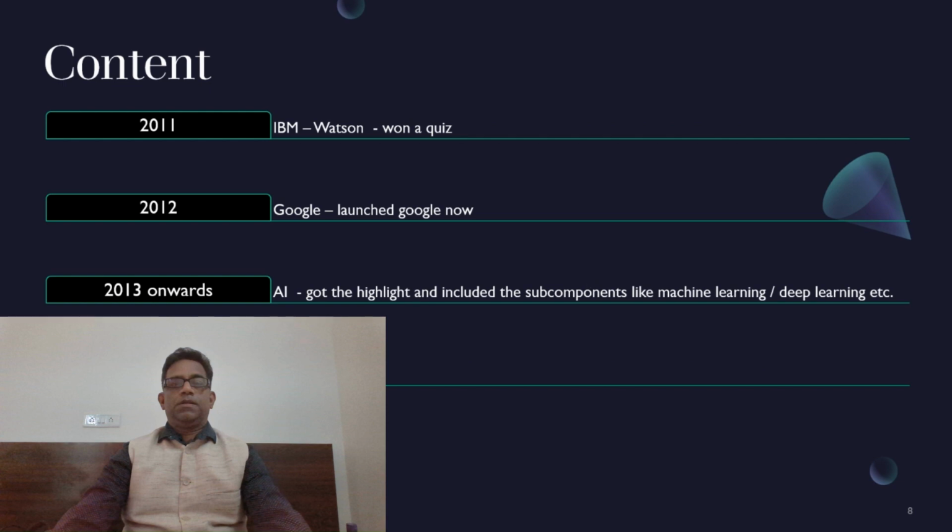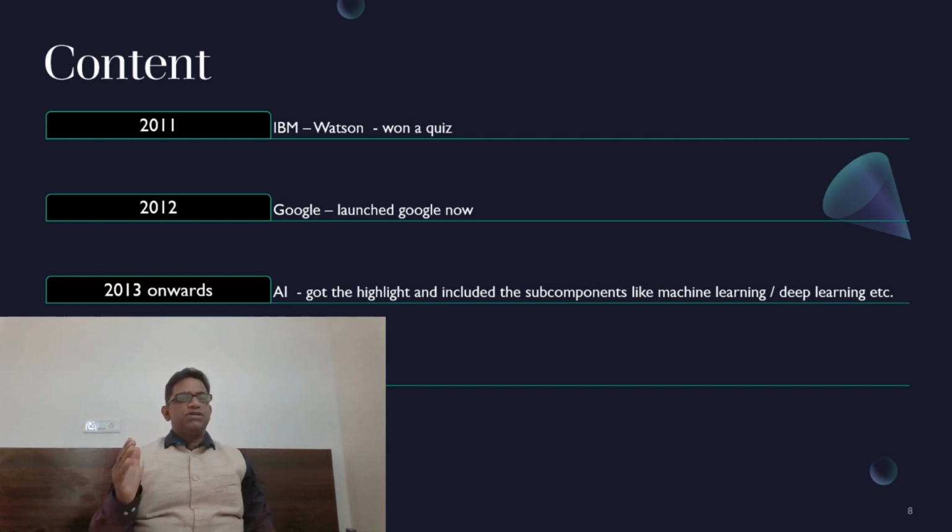Okay guys, so now we have reached 2011. That also stands very important. Again, IBM came up with a product called Watson, and what was the achievement? It won a quiz, right? It defeated the participant. I'm not saying that I'm very happy that it defeated the participant, but that's how the importance of knowledge base with the AI solution